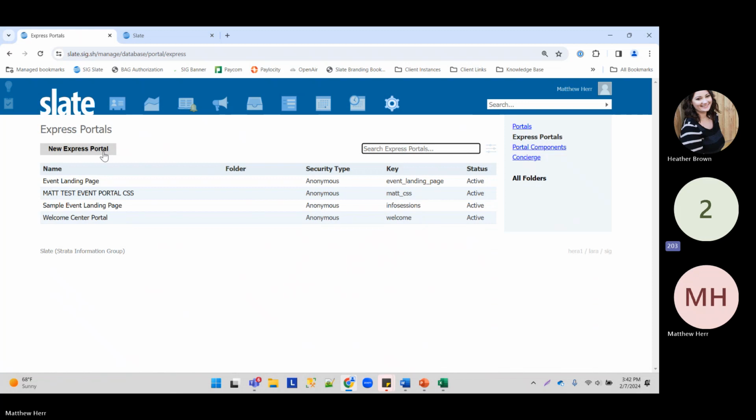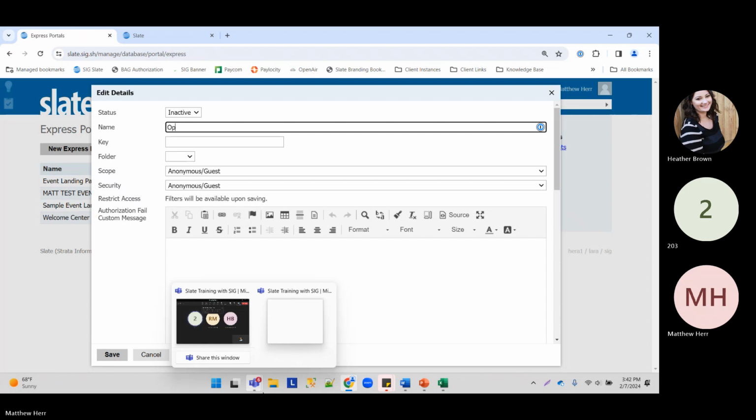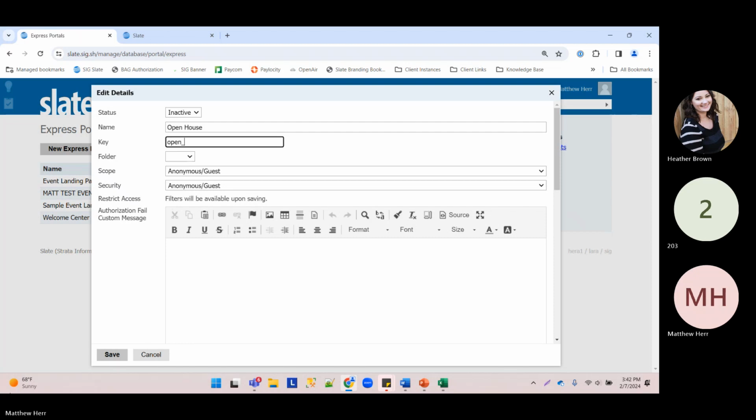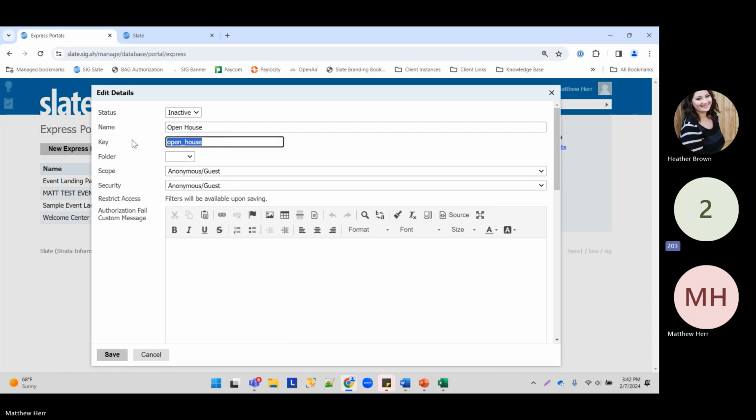But if you go to an Express portal, you can do a new Express portal, and I'm going to call it Open House. And my key is going to be Open House. So then on your website, you're going to put your URL /portal/ and then I think it's your key that you'll put in. And I'll show you how to get it in a moment for Open House. And then you'll put this as a button on your website. So when they click that button, it will drop them into the Open House portal. So then they can see all the Open House events. Or maybe it's just